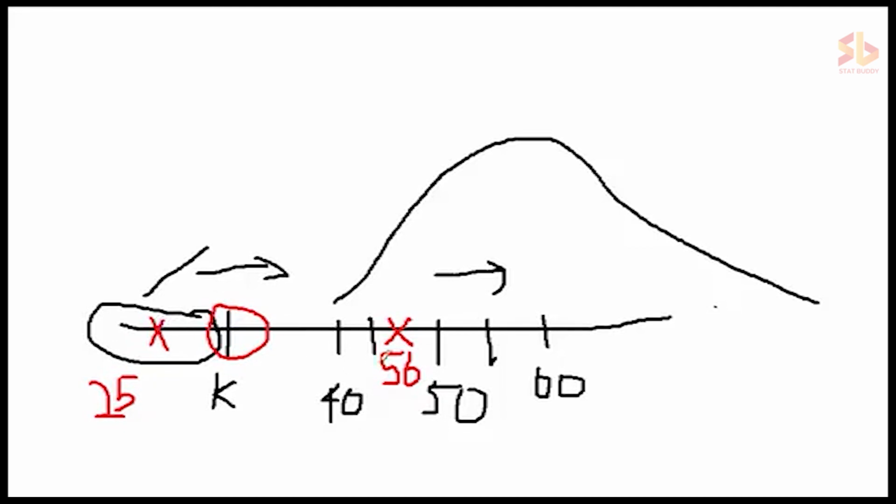If H naught is true, our mean is in this range, and a value beyond this point is less likely to occur, and at the time we are assuming that our H naught is true. So depending on that assumption, having a sample which gives a mean which is less than this k,